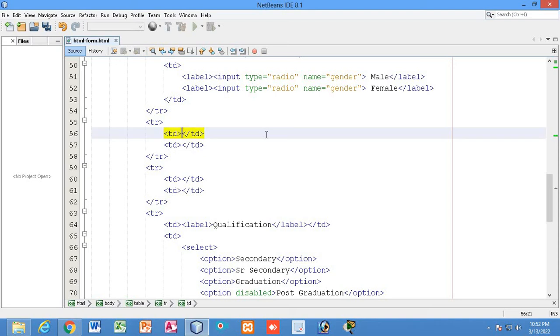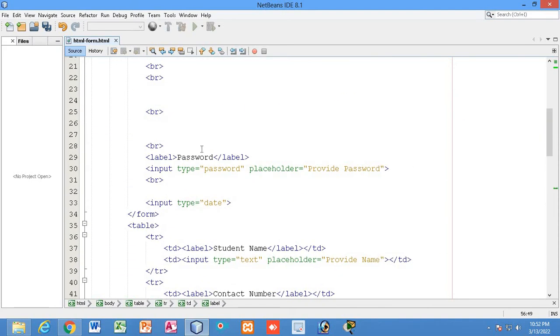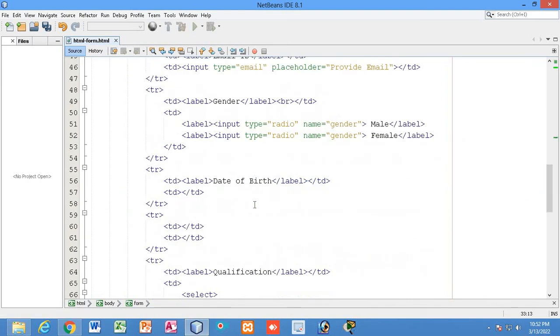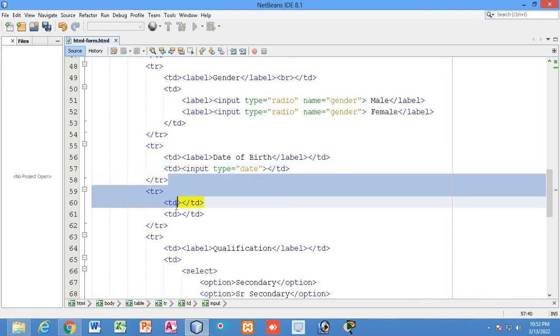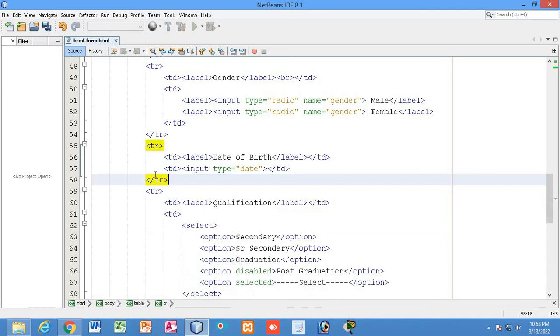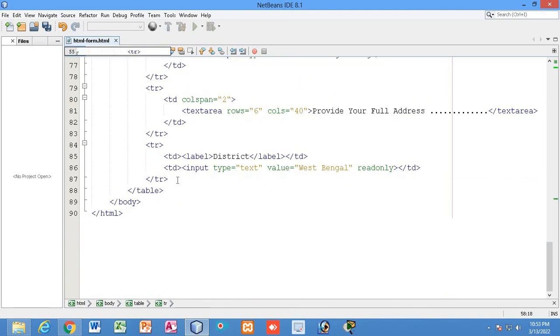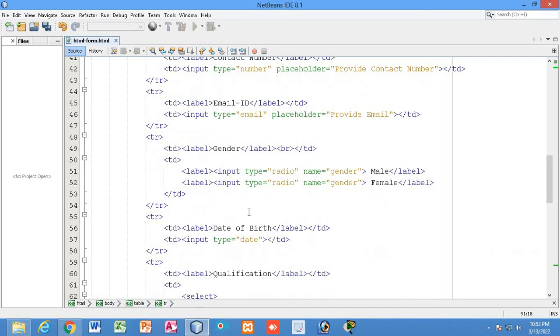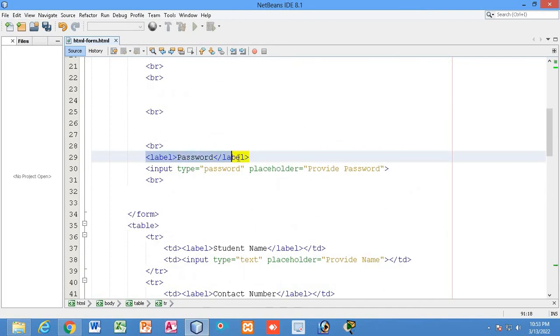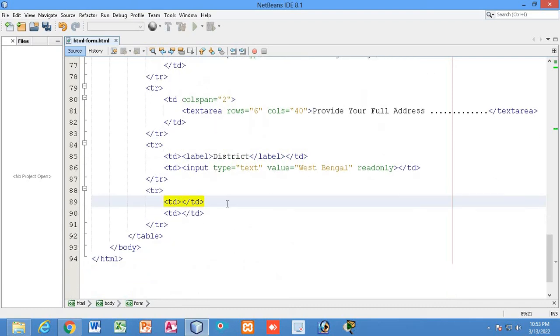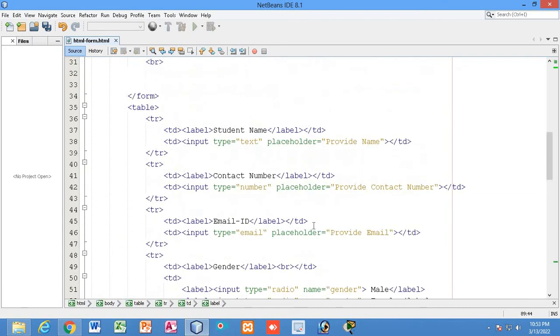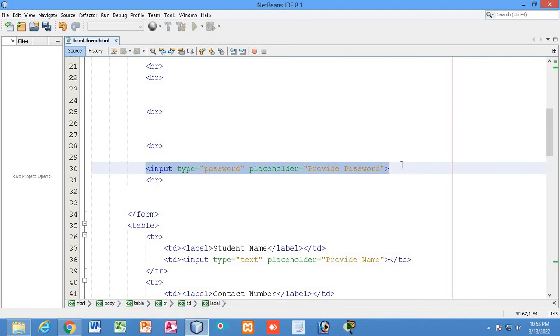Here I will add the date of birth, right? And this date field here. Okay, so we have done. Now another thing is left, that is password. Let me add the password at the last here. So this is the password. I have added the password over here, and you can see